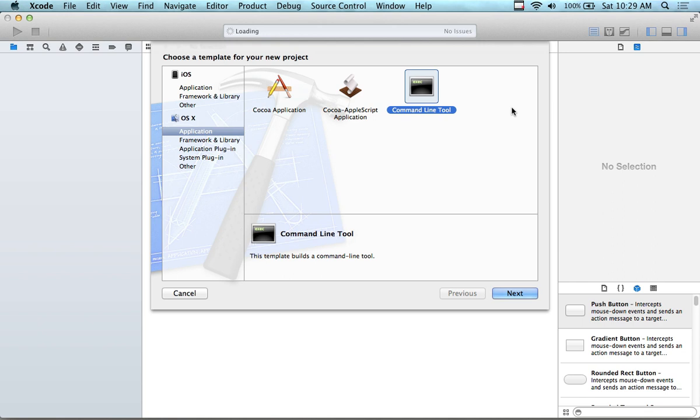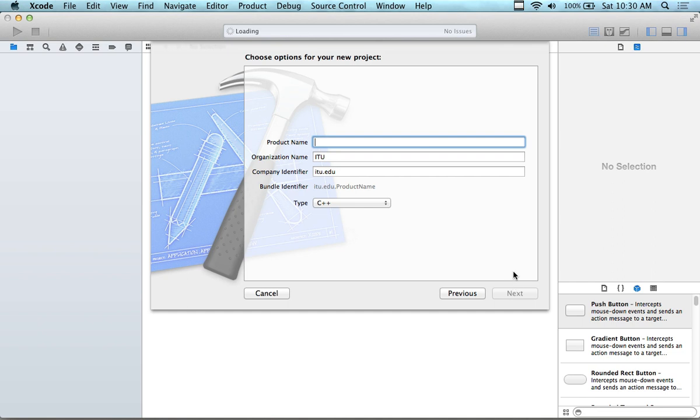Let's write a command line tool, which is going to give us a command DOS-based application. So click on application of OS X, command line tool, click on next. Now this is kind of like where people are going to go, isn't this just like Java again? We don't have packages, but we have packages. So we don't have a Java package, but instead we have this thing called a company identifier. I put in